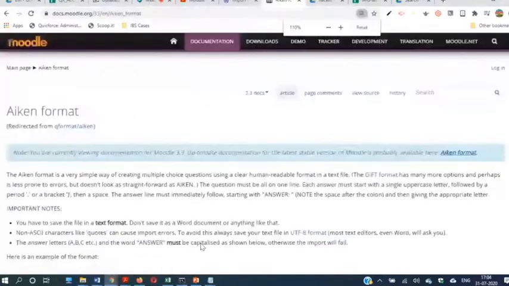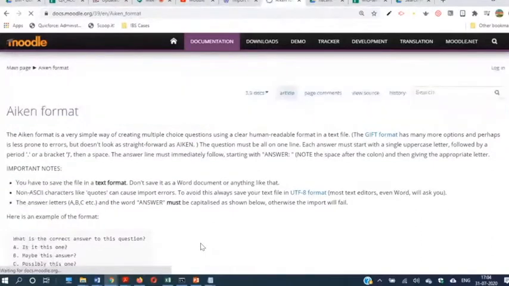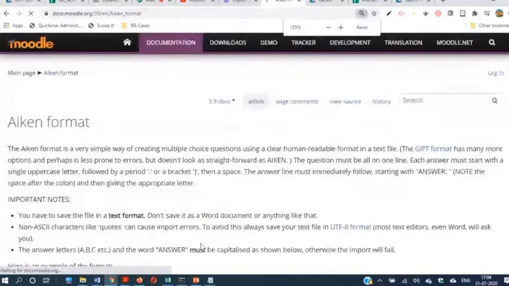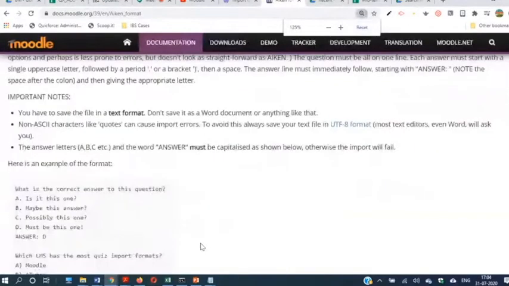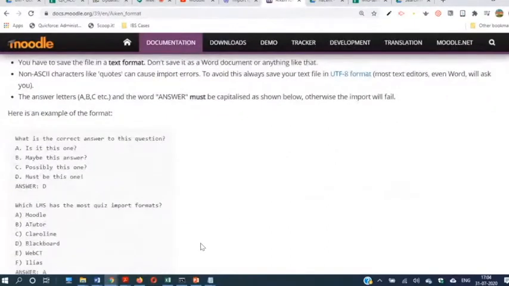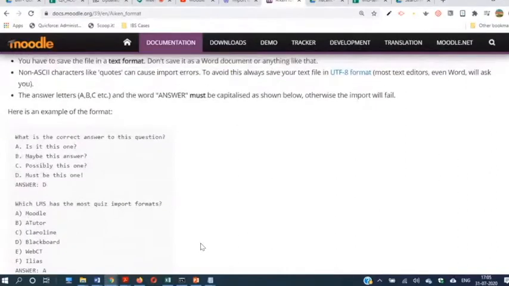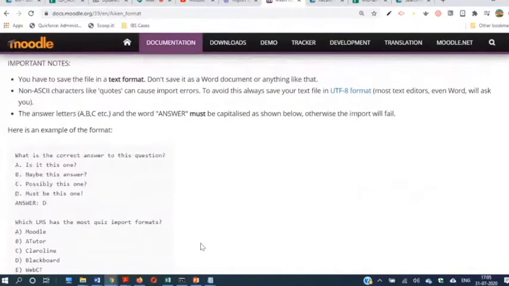Now, here it says, if you are using the latest one, because this is 3.3, it now redirects us to the latest one, 3.9. If you are going to install Moodle 3.9 on your local server, then it will take us to this format. We all of us learned from Moodle documentation only. No one taught us way back in 2005 or 6 what Moodle is and all. You are learning now, but we started learning about Moodle in 2006 or 7.